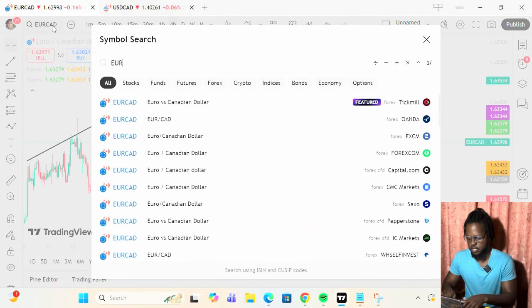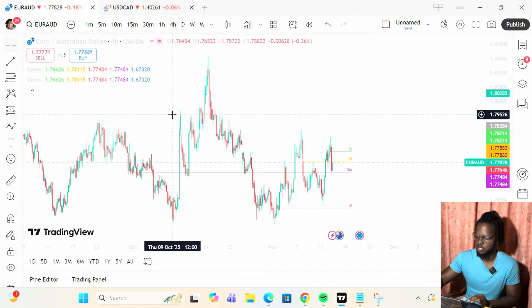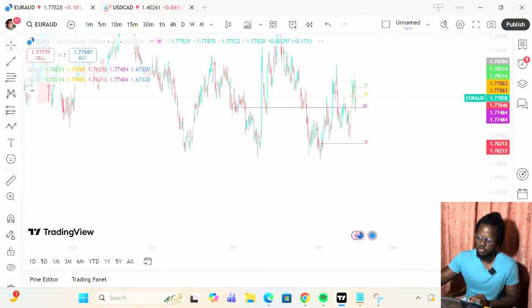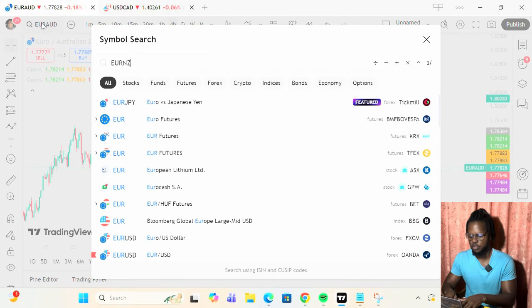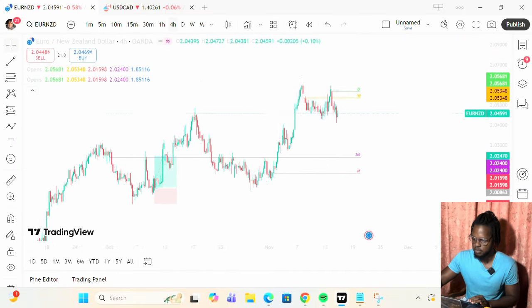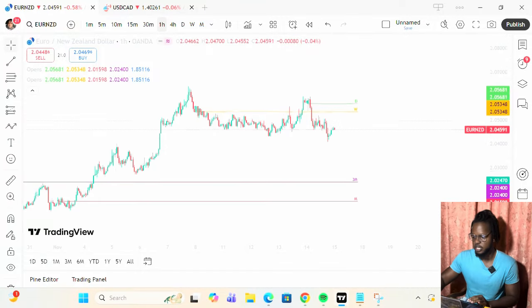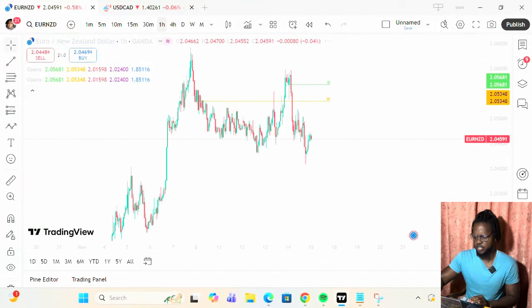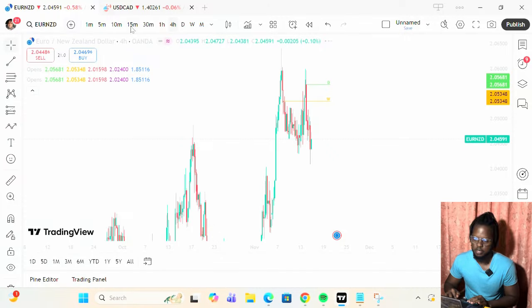The other pairs, not too interested, if I'm being honest with you. Euro Aussie, similar to Euro CAD, but the Aussie is really strong, so I wouldn't do it. Euro NZD, kind of the same thing. Some longs obviously look good, probably from the quarterly level again, because it has made its extended move, so we can expect a pullback. We have taken out these lows, so maybe if you want to look for a quick long to the upside, it is possible, but not the way I trade.